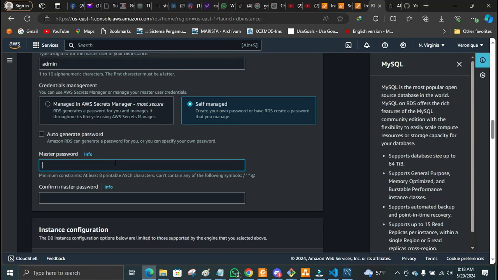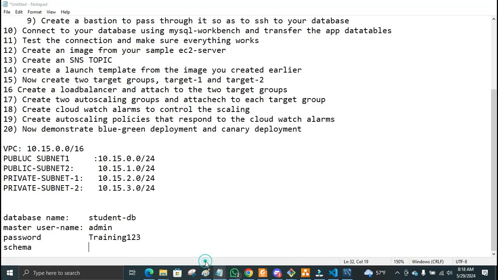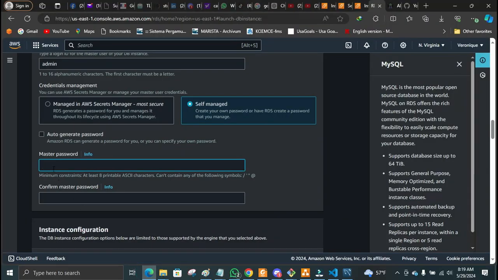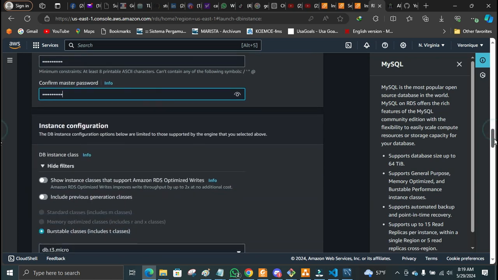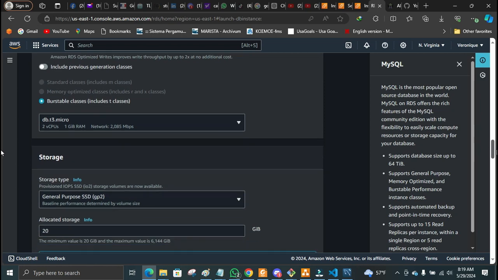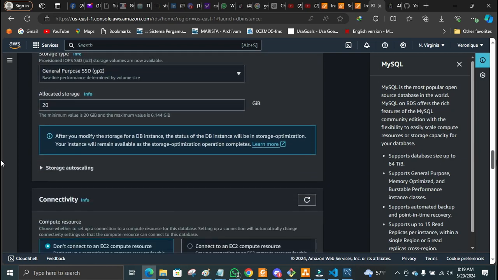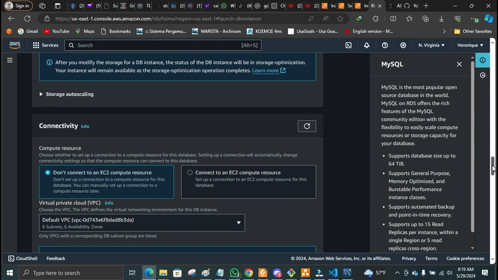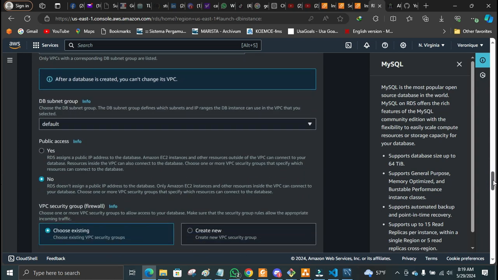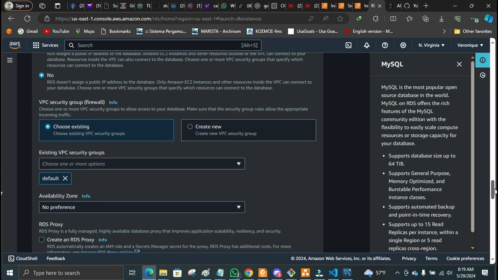Password, master password, we said it should be training. So in order not to make any mistake, let's copy it from here and paste it here, and we'll paste it here too. We're sure that we didn't make any mistake. This is basically all about the configuration we need to do, except to come right down and see